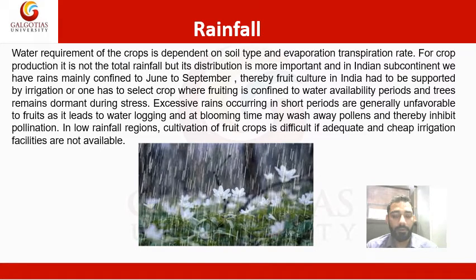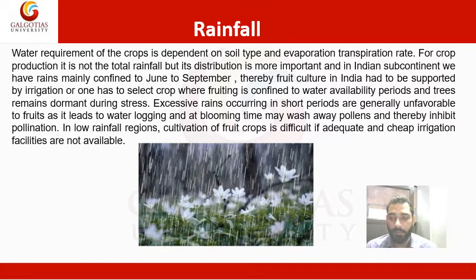Rainfall. Water requirement of the crops depends on the soil type and evaporation rate. For crop production, it is not the total rainfall, but its distribution that is more important. In the Indian subcontinent, we have rains mainly confined to June to September. Thereby, fruit culture in India